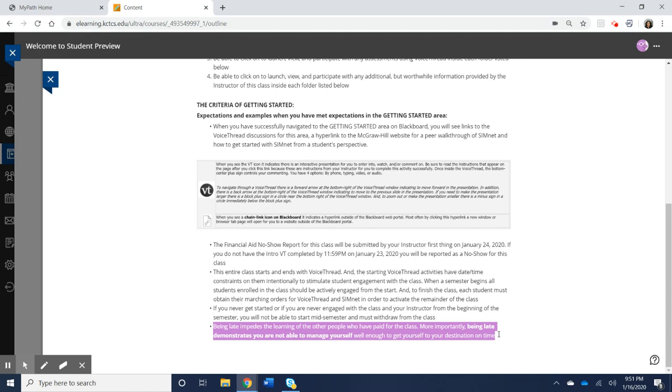Pretty much each activity on Blackboard and SimNet that is actually integrated with Blackboard has a time and date constraint on it. So more specifically,